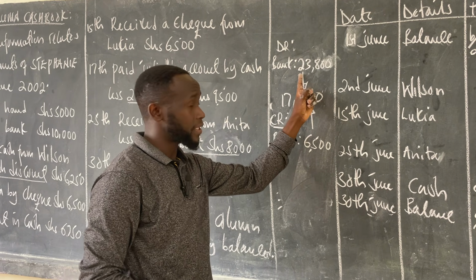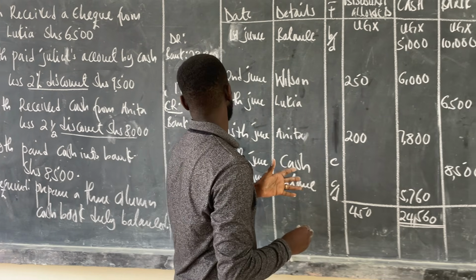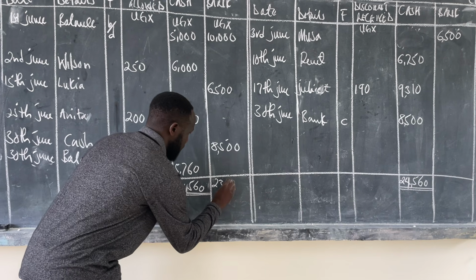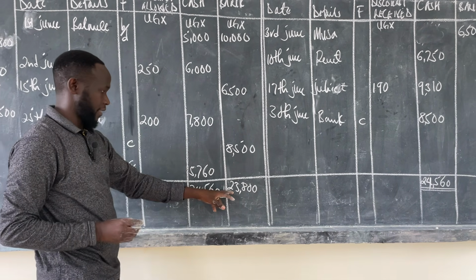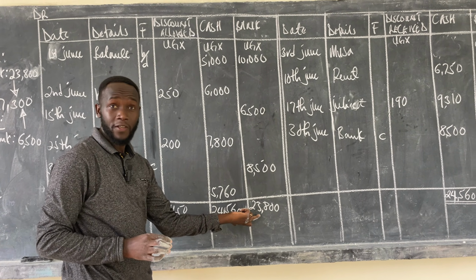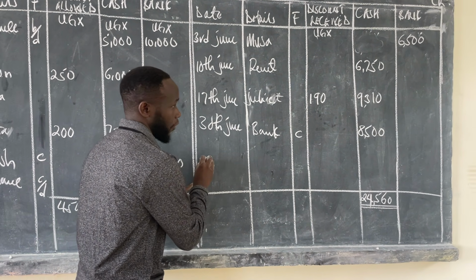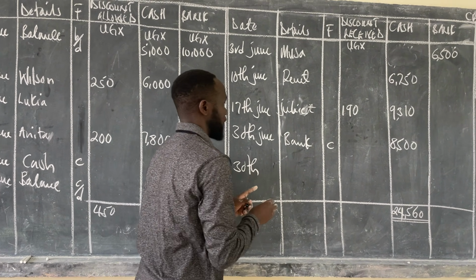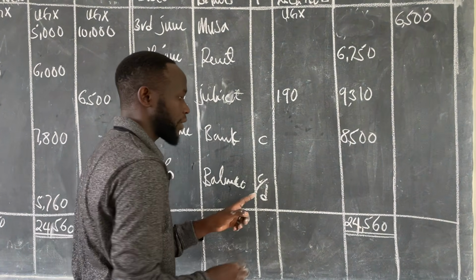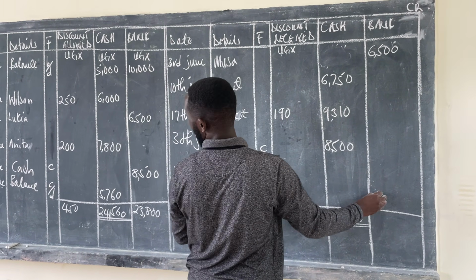So what you do, you go to the side that had a bigger figure, which is the debit, put this figure there. So it is 23,800. After writing this figure here, don't write anything this side because it's the biggest of the two columns. So you go on the side that had a smaller figure on the last date of the month, which is the 30th. Now you call this one balance carried down. We said we call the difference carried down, and you write this figure under bank, which is